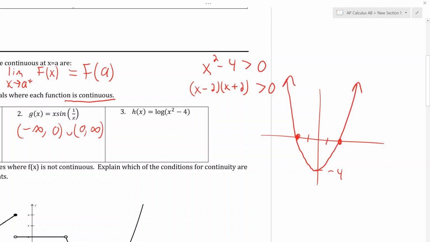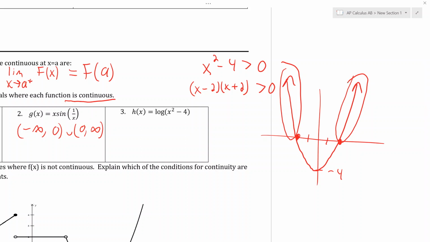Now that function's continuous everywhere, but I'm taking the log of that function. This thing will be continuous as long as it's positive. You see where it's positive? Right here and right here. That make sense? So we're going to say it's continuous from